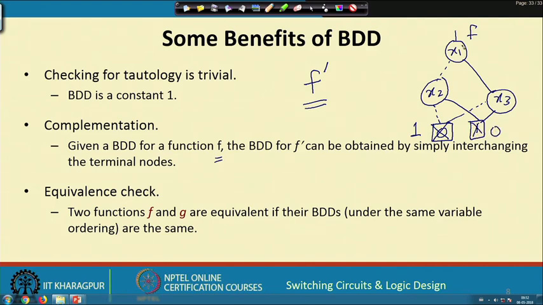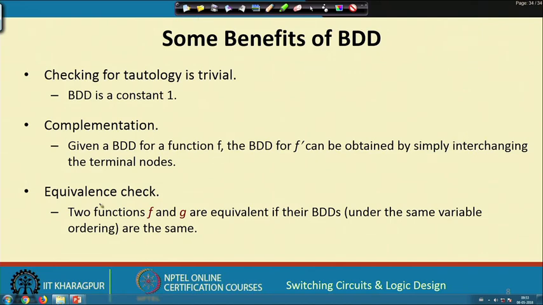So, for all those cases where the function was getting the value 0, now it will get the value 1, and for all cases where it was getting 1, now it will get 0, just the reverse, right. And thirdly, this equivalence, whether two functions are identical or not, it is easy, because